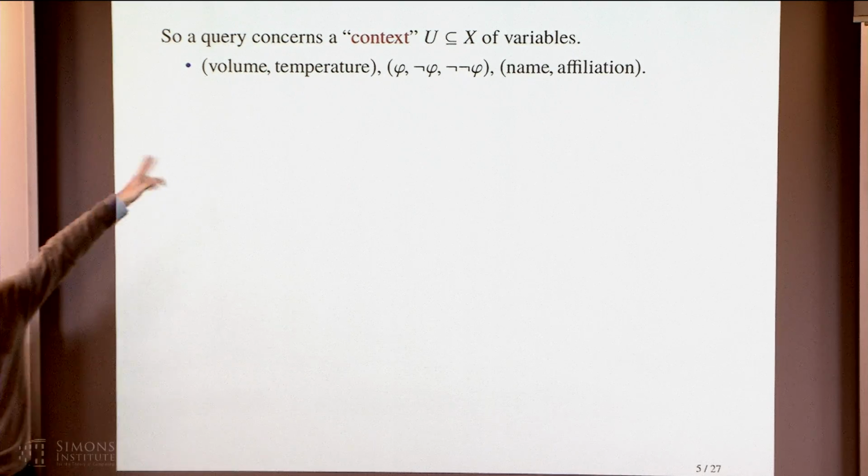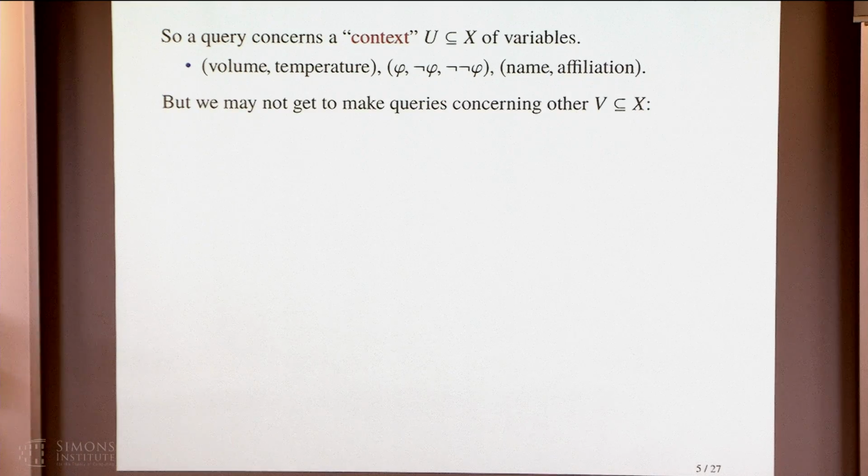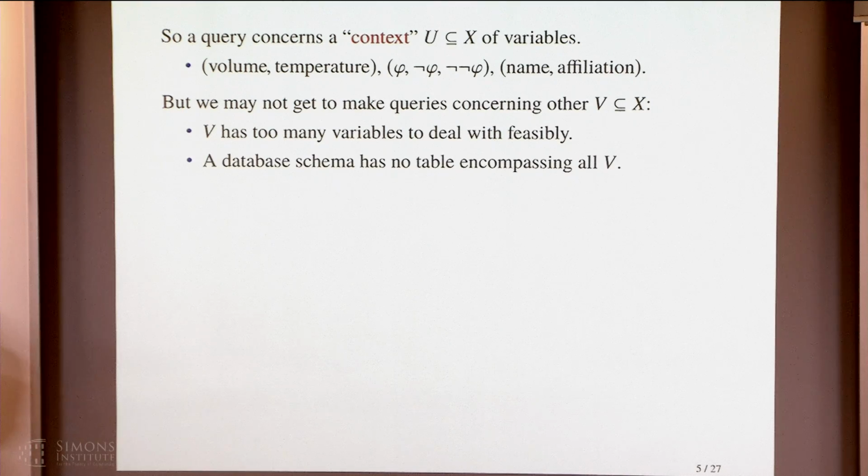But those are the examples we saw, but we may not be able to measure or ask those queries concerning other sets of variables. For instance, the variable set V may be too big to query or deal with feasibly, or the database schema may not have a table encompassing all those attributes in V, or